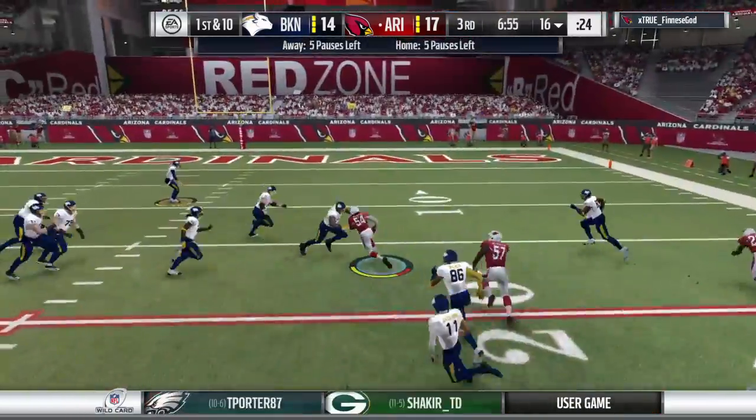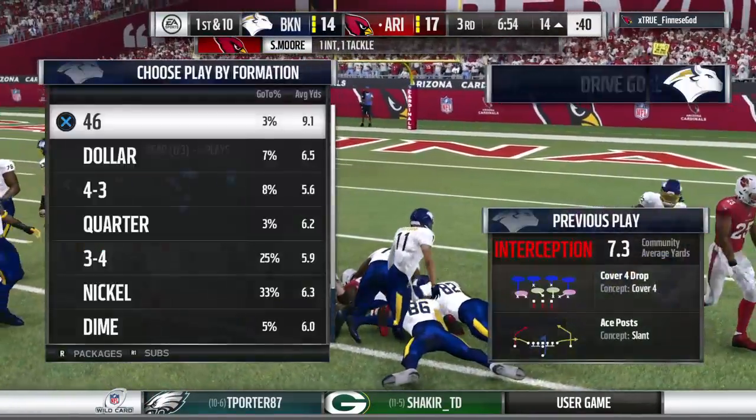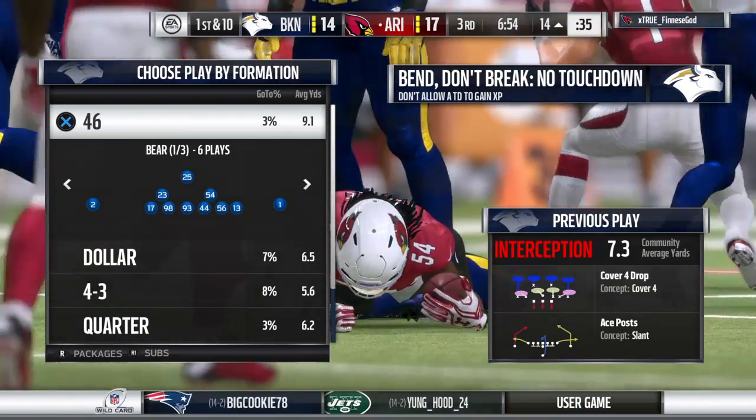And for a third time tonight, he's intercepted. Picked off here by C.O. Moore. And he'll take this down inside the 15-yard line. Now we take a glance at the